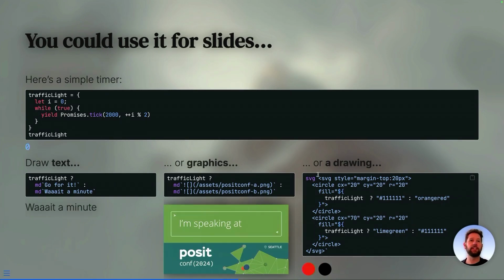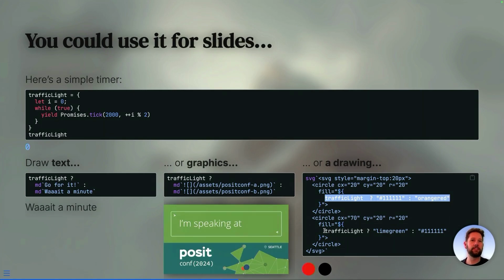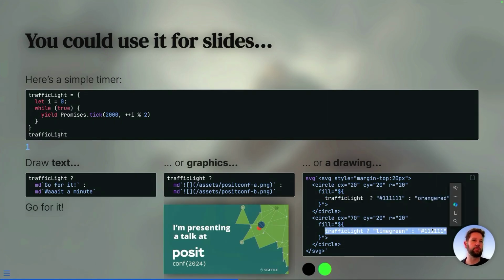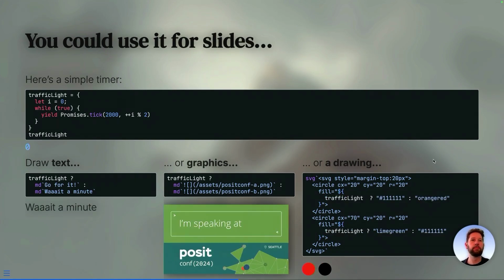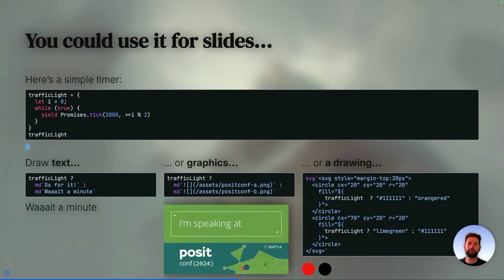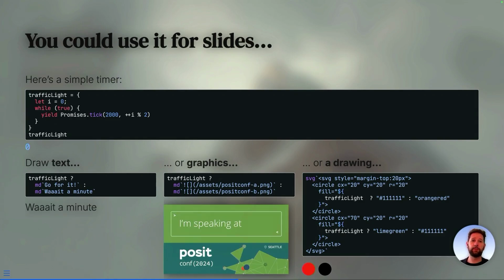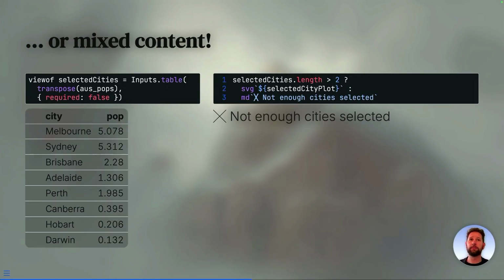And you can actually see here that we have our condition embedded in here twice. So our traffic light is ticking between, for the first one, black and orange, and for the other one, green and black. So we can do a whole bunch of different things here. We don't even have to use the same kind of content. We can mix things. So for example, we have our city population data set here, and we've added it as a table you'd normally think of as being an output, but in this case, it's also an input because we